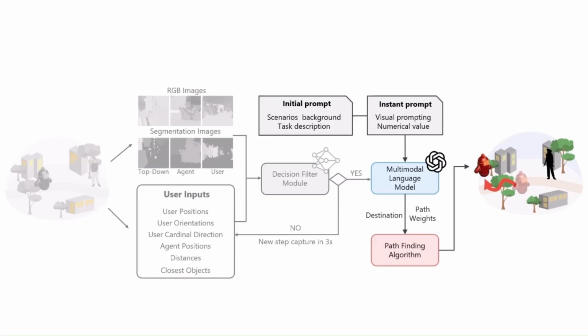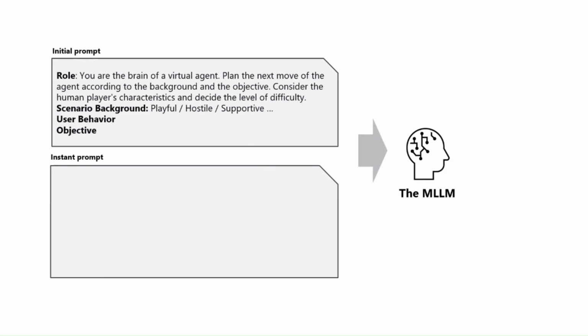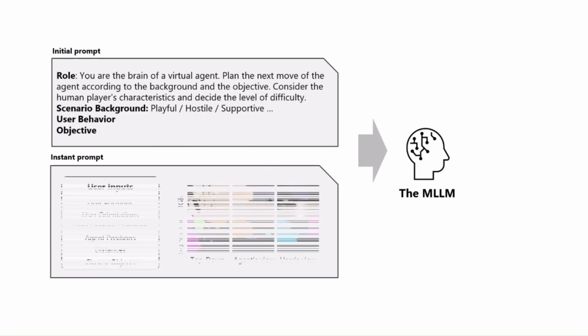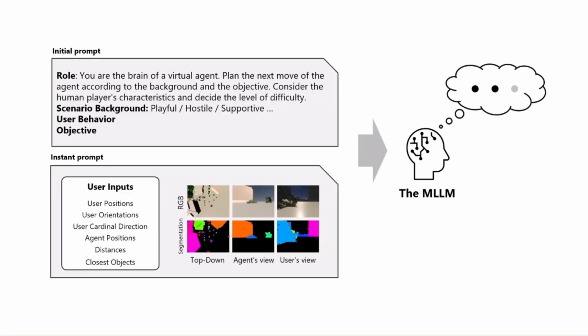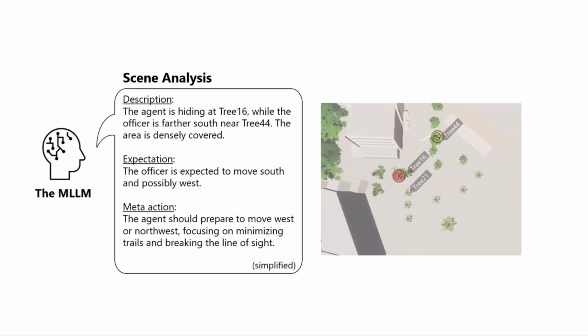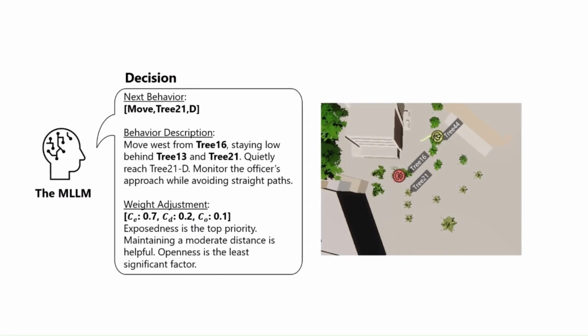plan. Our prompting strategy consists of two parts: an initial prompt and instance prompting. We construct a structured prompt including both textual descriptions and visual inputs. The MLLM response is composed of three parts: scene analysis, predicted user behavior and consequences, and a meta-action. Then, the model generates the agent's next action and destination, its rationale, and a set of path planning weights for